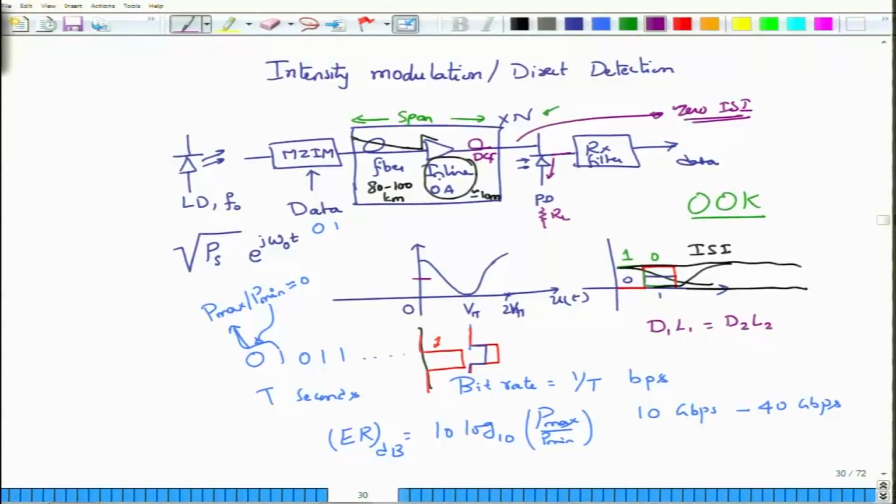The optical amplifiers would have added noise in the optical domain, but you won't be looking at the optical domain directly. You will be looking at the optical domain only with the help of a photodetector. So when you convert that signal plus noise in the optical domain back into the electrical domain, let me call this S_O and N_O, O standing for the optical domain. When you convert this into the electrical domain by putting up a photodetector, what you are actually seeing is the magnitude square of this. Rather, you would be seeing the magnitude square and the average of this one.